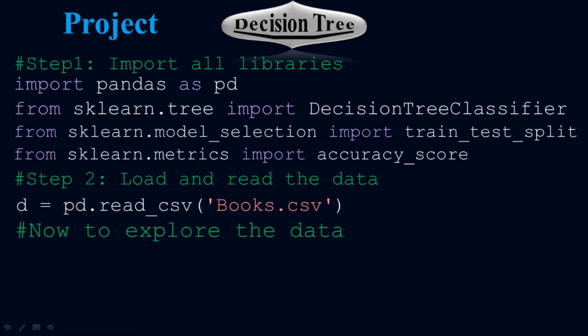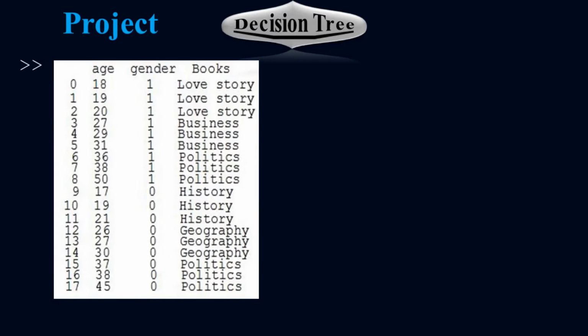Now to explore the data, that is, what is inside that CSV file and how the data looks internally, let me take print(d). When you take print(d), you will get this output. This is the internal look of the data. Here we have age, we have gender, and then we have books. Look, these are the book names. We have love story books, business books, politics, history books, geography,